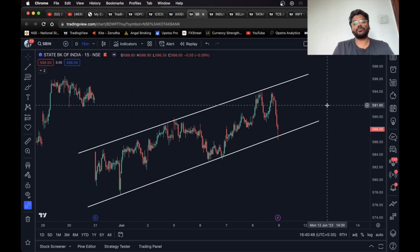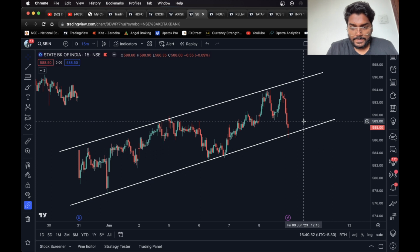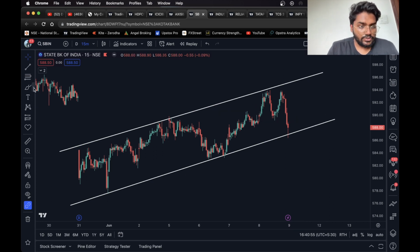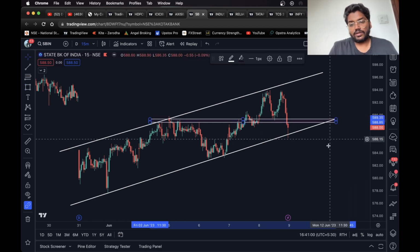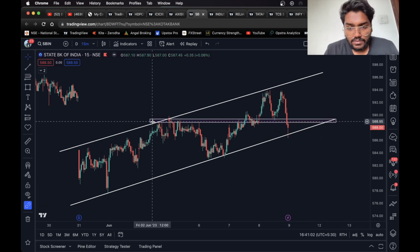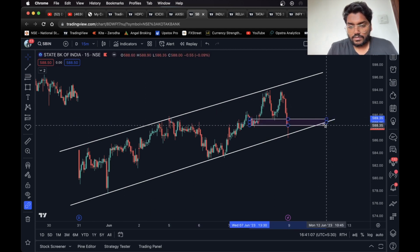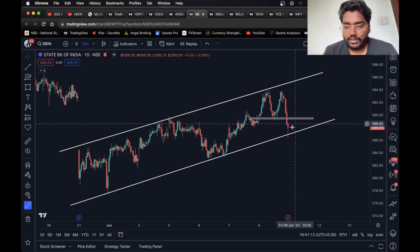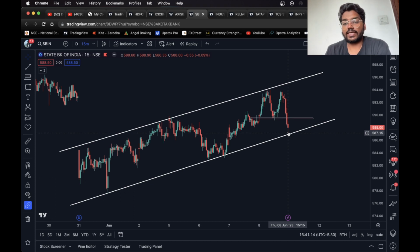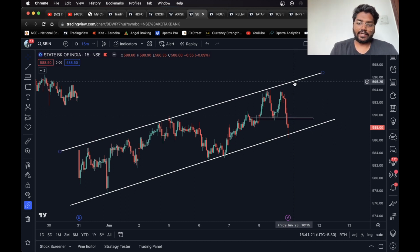Okay, a rising wedge, parallel channel, whatever you can call it. Very good. So for this one, in case you're looking for a long trade here, as you can see, the stock has taken a lower price reaction from the trend line. So once it opens up and sustains above this level, a long trade can be taken